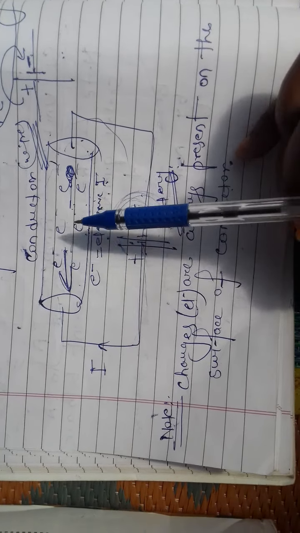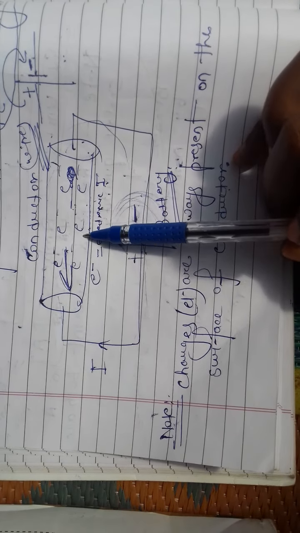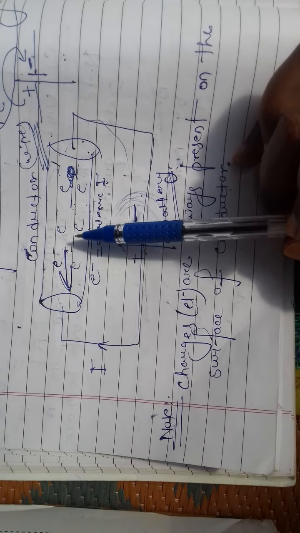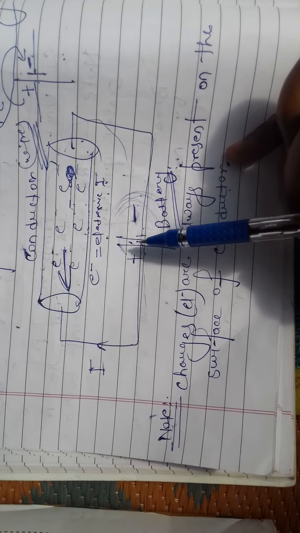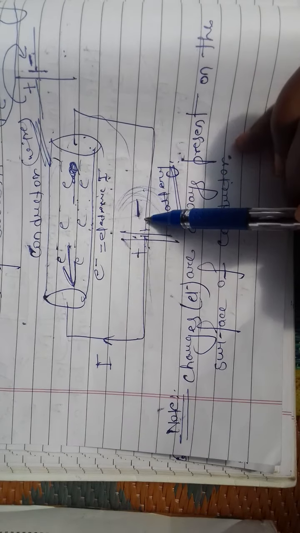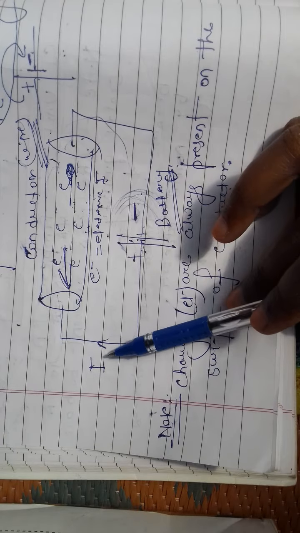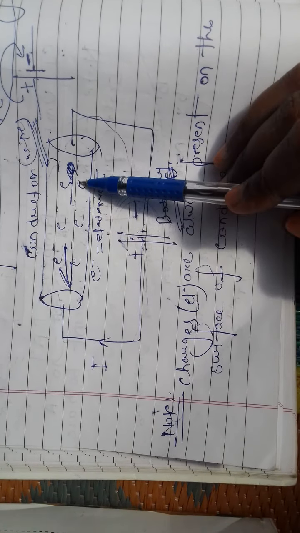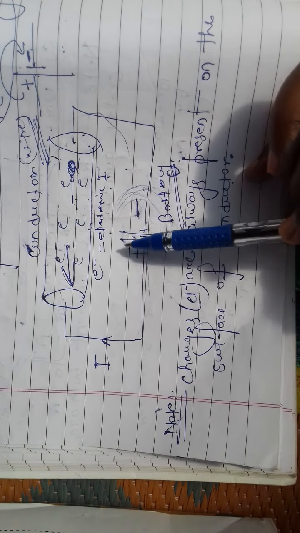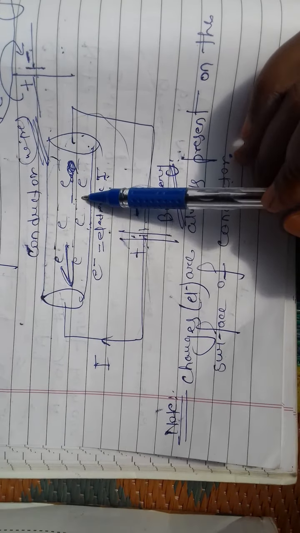So there are two directions. One is the direction of electron flow, and the second is the direction of electric current. The direction of electron flow is taken as the electronic current. The flow of current from positive to the negative terminal is called electric current, denoted by I. So what is electric current? And what is electronic current? The direction of the electrons is called electronic current, and the opposite of that direction is called electric current.